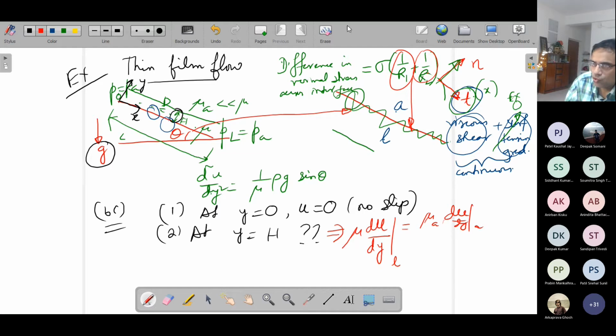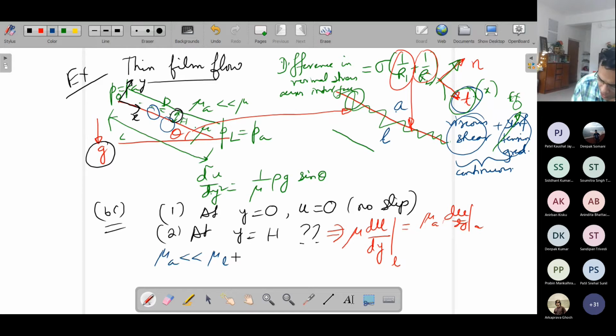Now we will consider two more practical aspects which will enable us to simplify this further. One is that we all know that the viscosity of the air is typically much less than the viscosity of the liquid, typically 1000 times maybe. I am saying 1000 times keeping in view a watery fluid. There could be fluids which are very light and not as heavy as that, but I'm giving this as a common example of an engineering fluid. And if it's a viscous oil, it is even more viscous.